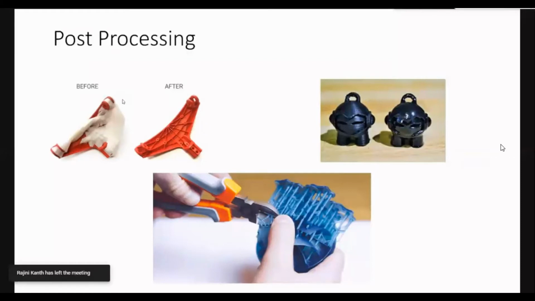In the downward image, we can see that with the help of a plucker or plier, we have to remove the extra support to get a clear image of what we have printed. So, starting with our printer,